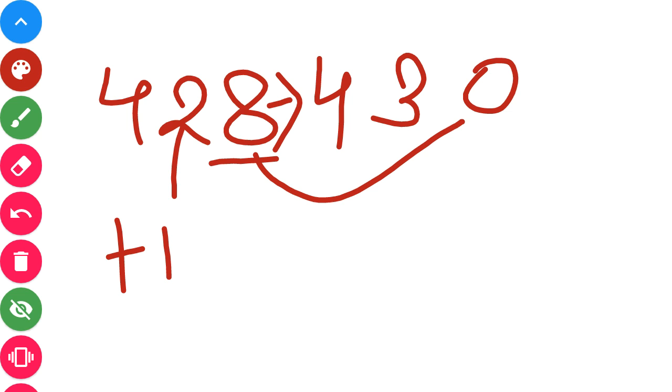So kids, today we have learned rounding off to nearest tens. We have revised it. Okay, now let us move toward our worksheet. But before moving toward the worksheet, I will explain this with the help of a few examples.